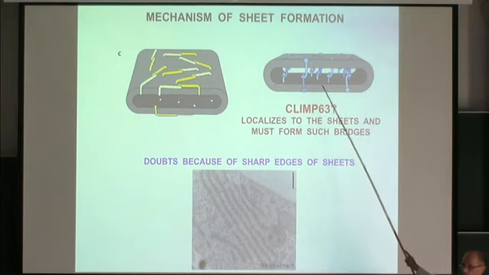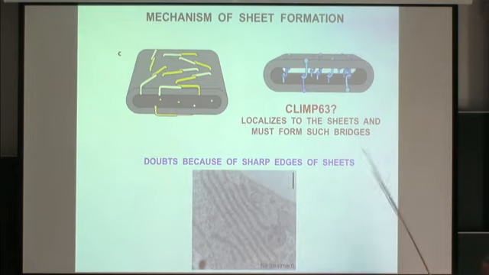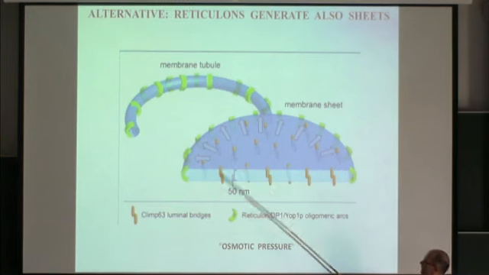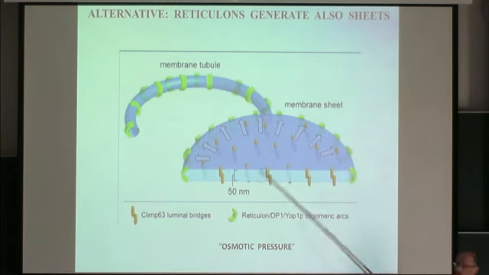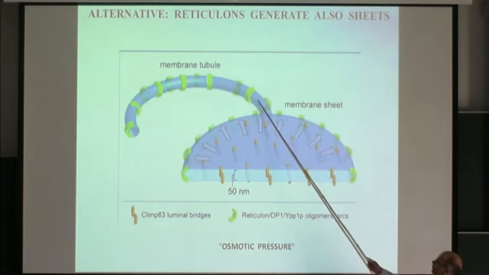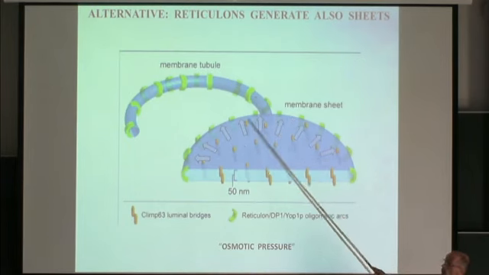The membrane in between the edge, curved edges will remain flat by itself. So, meaning that the primary thing would be to stabilize edges, and these edges could be stabilized by the same reticulums. They didn't see them on the sheets, but the idea was that the edges could be stabilized by reticulums, meaning the following: that reticulums, if they are arc-like scaffolds, they can form tubes, but they can also form edges, and the rest is easy. The rest is easy. So the idea was that reticulums are responsible for both generations of tubes and the sheets,